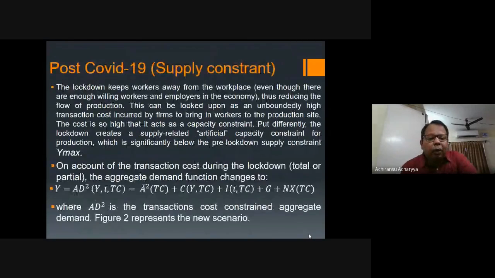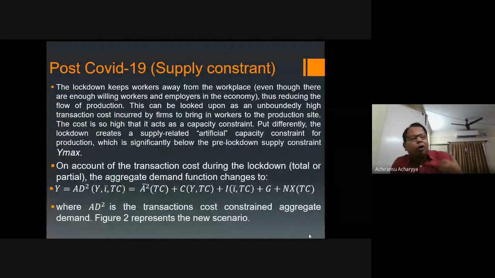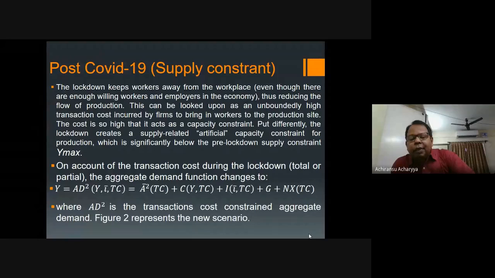Now, what is a supply constraint? The lockdown will keep workers away from the workplace. So, a lot of people will not go to work because of social distancing, because of transport problems and all that, even though there are enough willing workers and employers in the economy. So what will happen if the people don't go to work? They will reduce the flow of production. This can be looked upon as an unboundedly high transaction cost incurred by firms to bring in workers to the